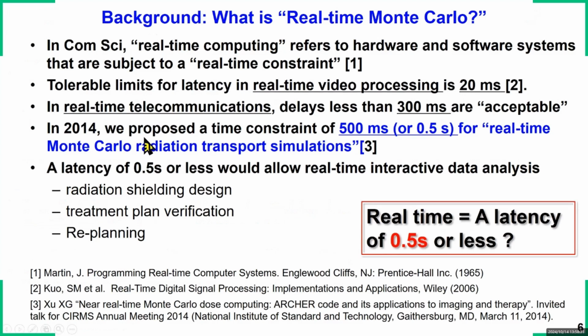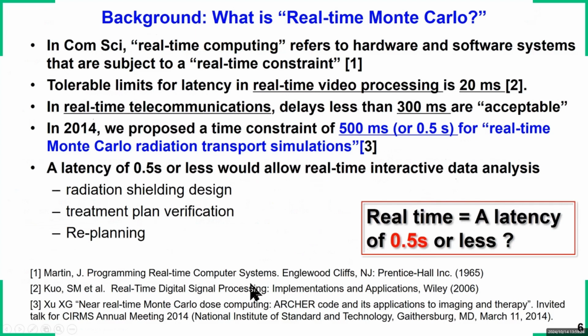Well, in computer science, real-time computing refers to hardware and software systems that are subject to a real-time constraint. The tolerable limit for latency in real-time video processing is about 20 milliseconds, while in real-time telecommunications, such as using cellular phones, a delay of less than 300 milliseconds is considered to be acceptable. So in 2014, we proposed a time constraint of 500 milliseconds, or half a second, for real-time Monte Carlo radiation